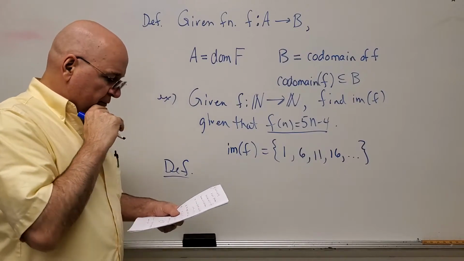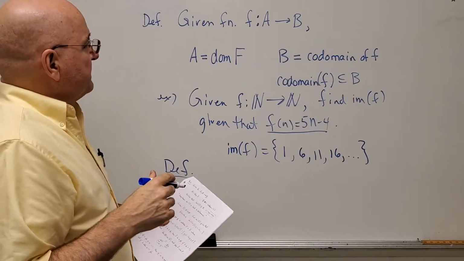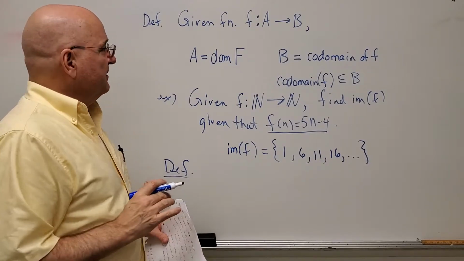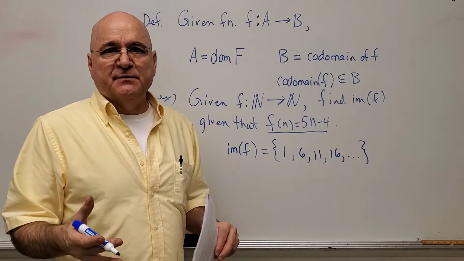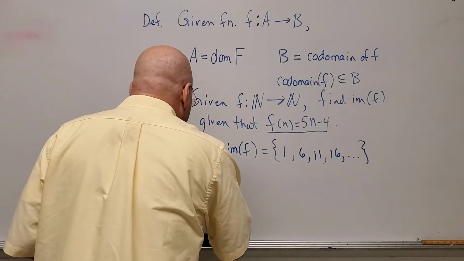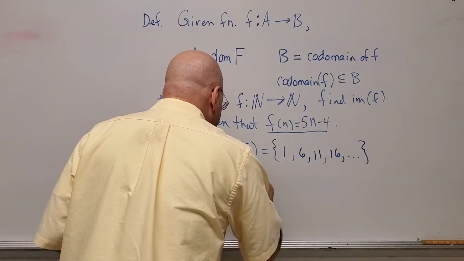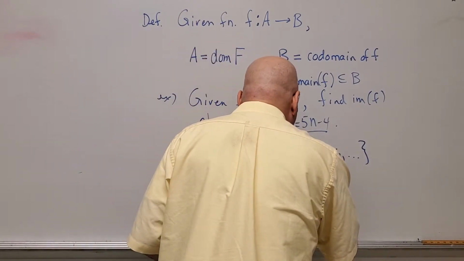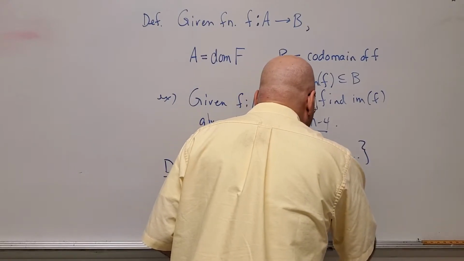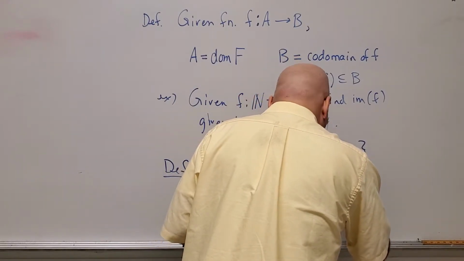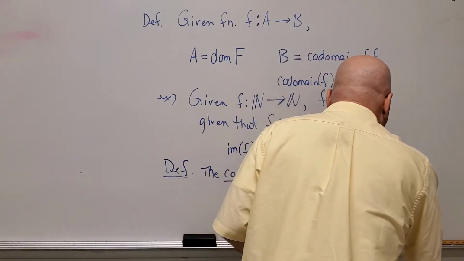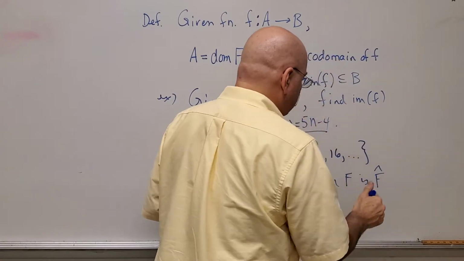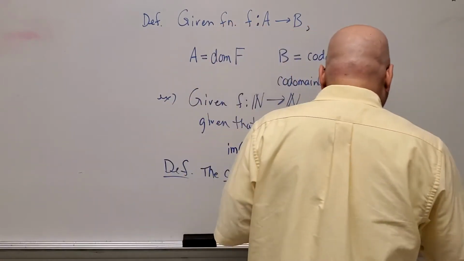Now, a set that's related to f is the converse. Soon that will become the inverse, but let me write this definition of the converse of a relation. The converse of a relation f is f with a hat on top of it. That's just the terminology, or that's the symbol used for the converse of f, where